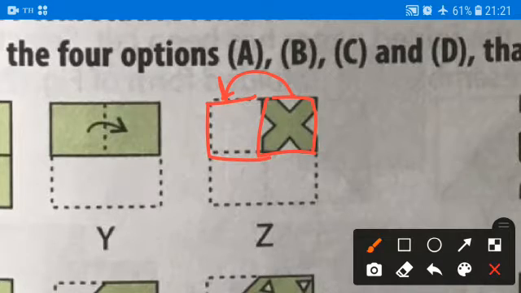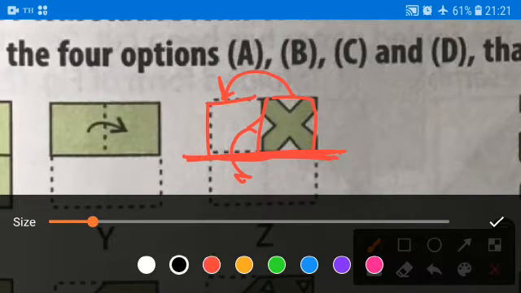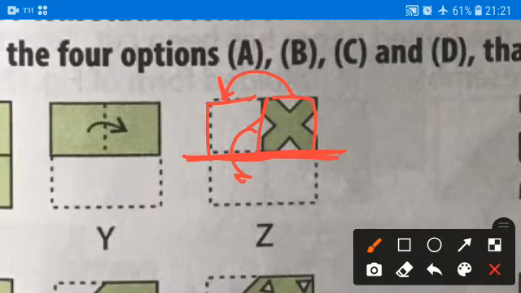And again we have to open horizontally, so this figure will come here and the same replica will be made here. Let me make it. This will be like this. It's not exact, but you can understand.